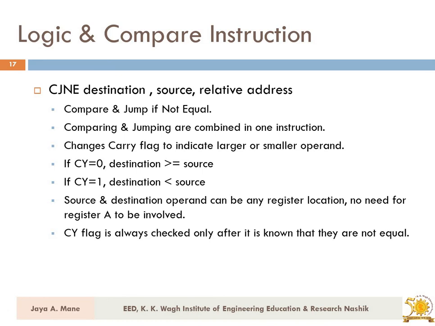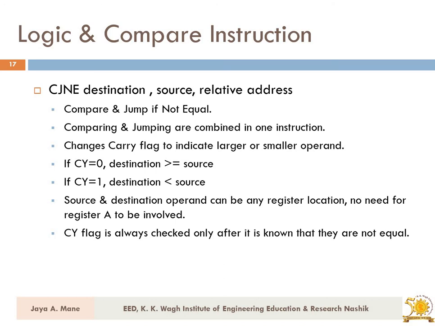Then there is also a compare instruction. Suppose you are comparing the results of a match: when two teams have made the same number of runs, we call it a draw. If team A has more runs, that means team A has won. If team B has scored more runs, that means team B has won. That way you make a decision. Now, on what basis did we make that decision? We made it on the basis of comparison, comparing the runs made by these two teams.